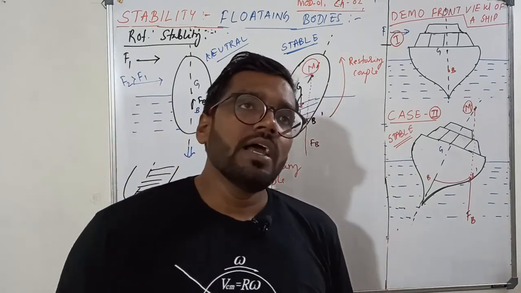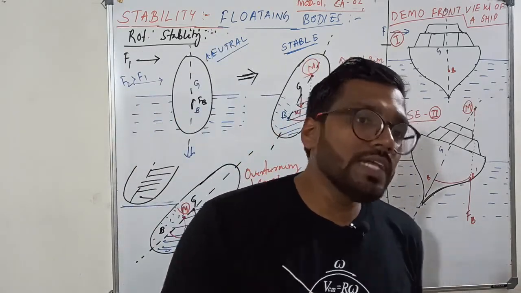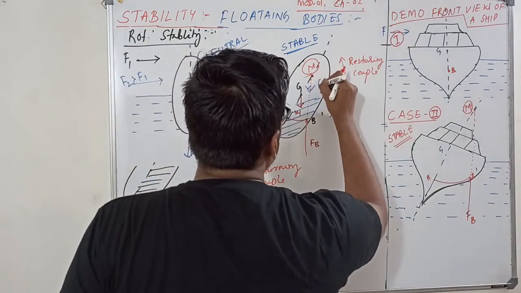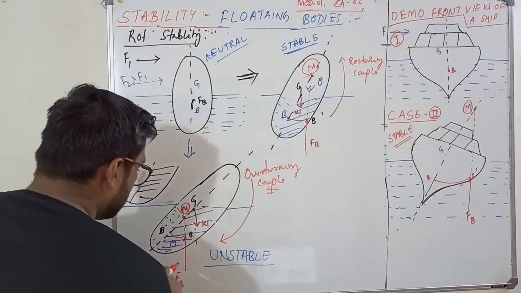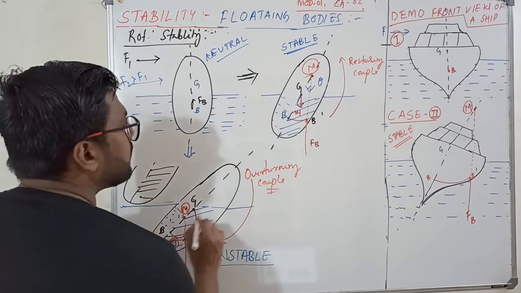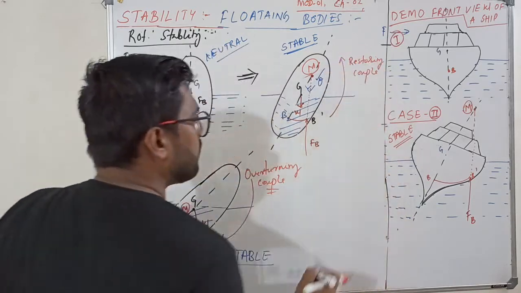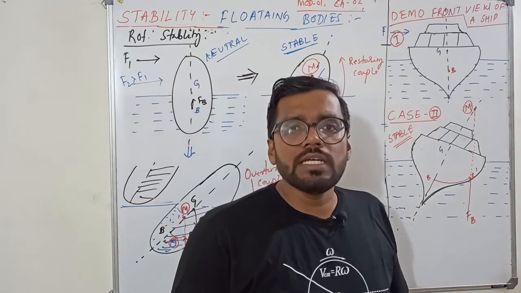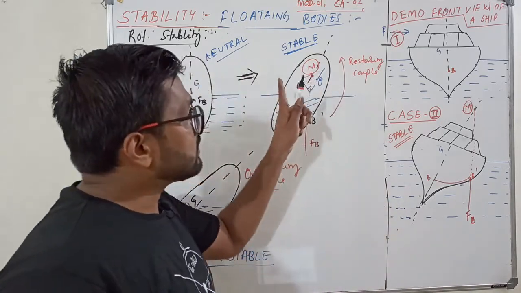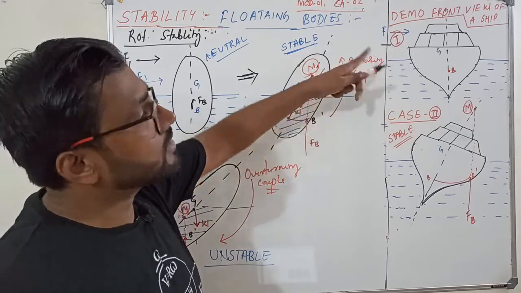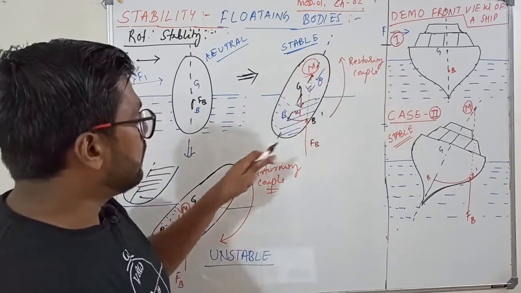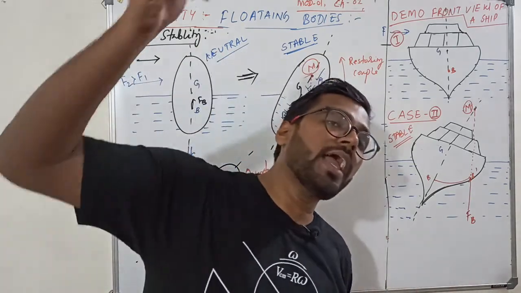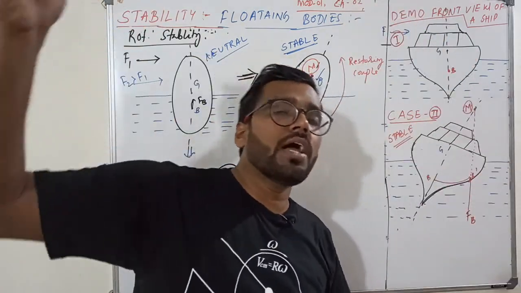So that means there is a particular angle of heel. What is angle of heel? This angle theta is nothing but your angle of heel. That is the angular displacement you are given: 2 degree, 4 degree, 8 degree, 6 degree, 10 degree. After a certain angle of heel, the ship will sink. So I cannot go for a high angle of heel.